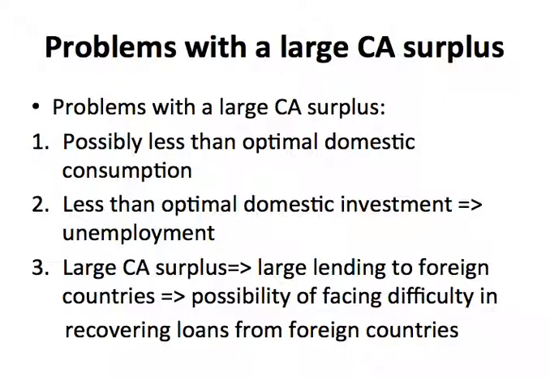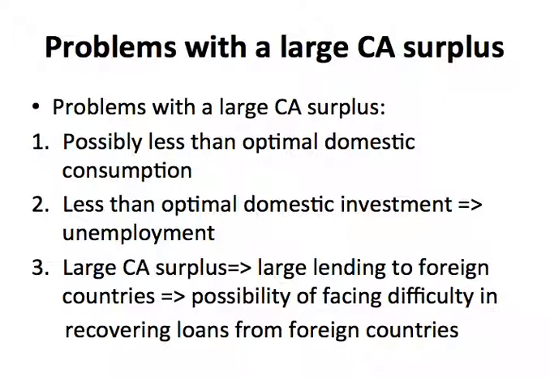The second problem is that if you have a high current account surplus, that means you are lending too much money to foreign countries. Remember, a current account deficit means foreign indebtedness. The flip side of that is a current account surplus, which is associated with foreign lending. So you are essentially lending money to foreign countries. So when you have a large current account surplus, it essentially means that you're lending a lot of money to